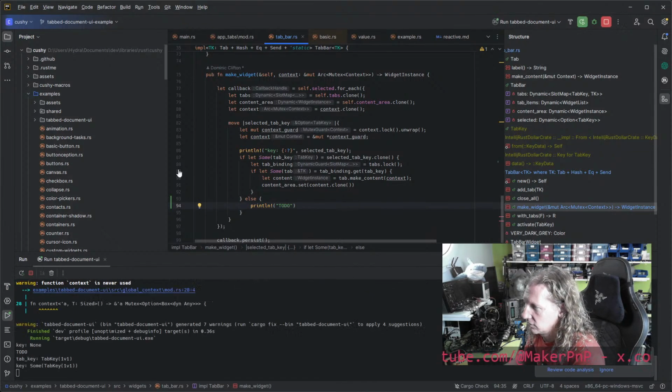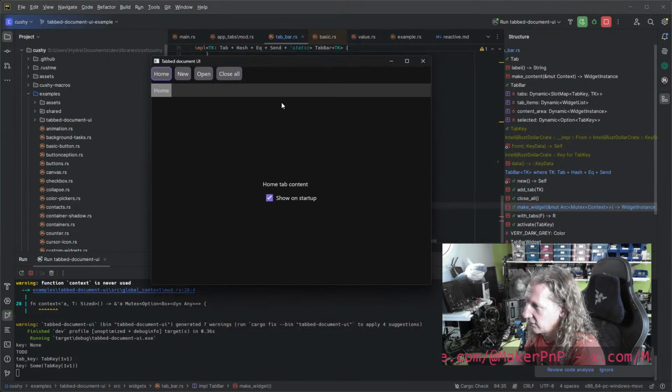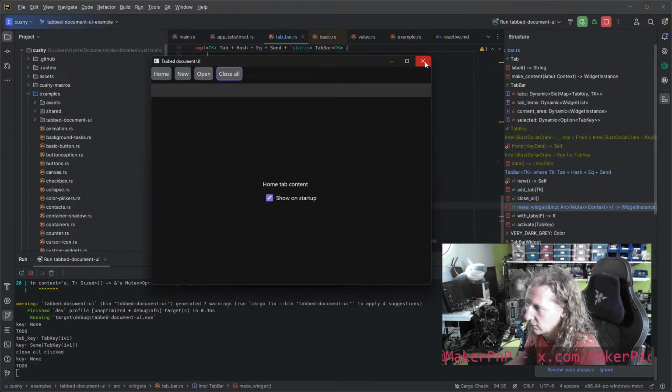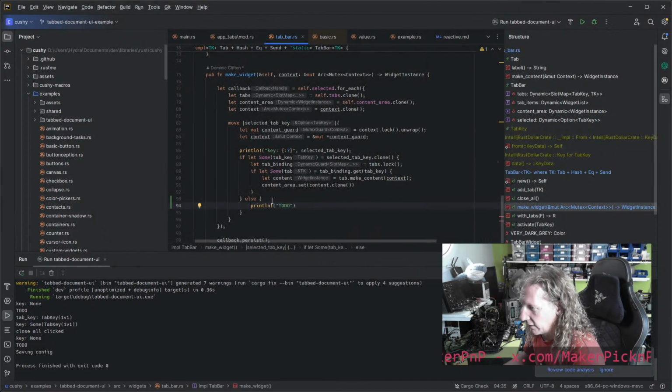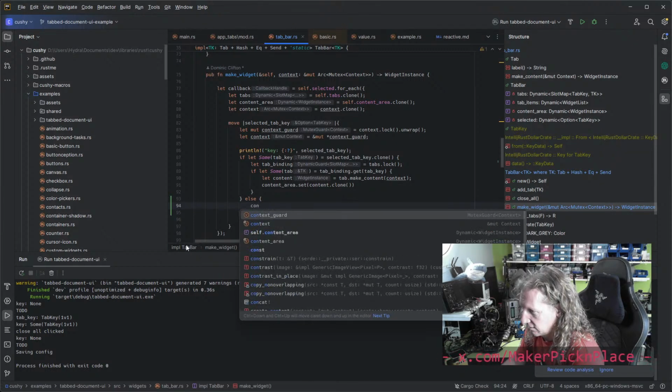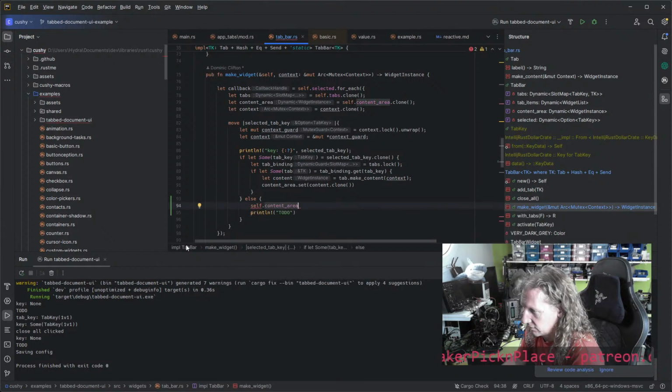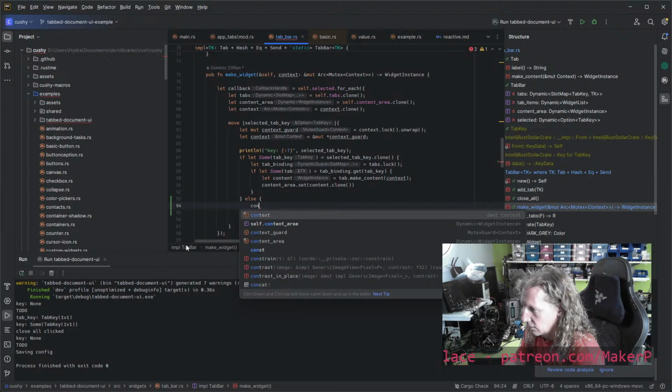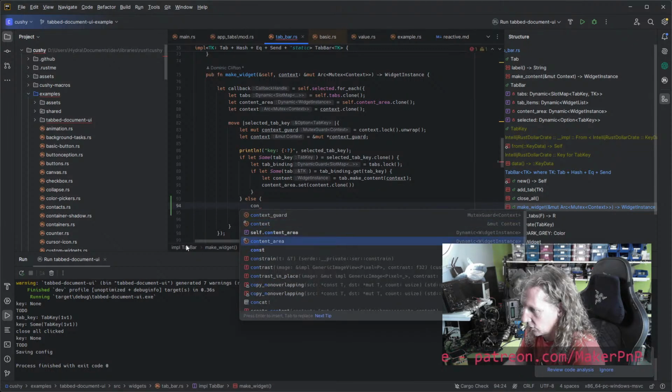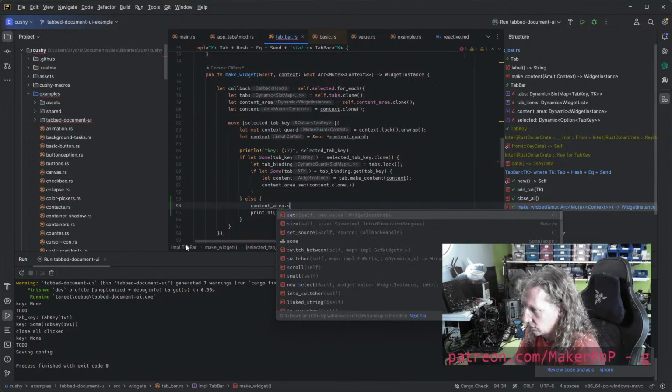So we've got this, and if we press close all, does it say to do? It does. So that's the situation that we're in. So we need to do something else here. We need to go content, self.content area. No. Content area dot set